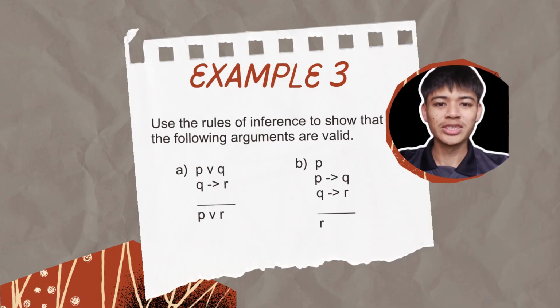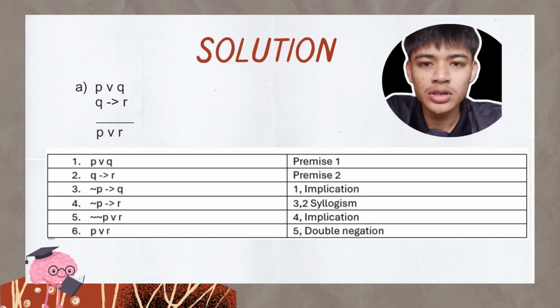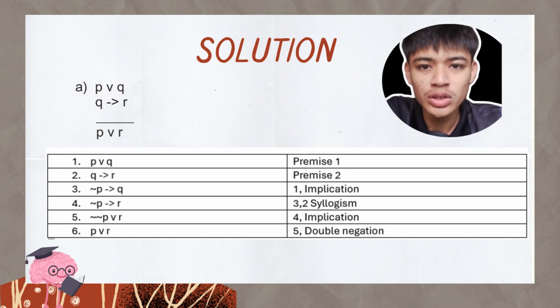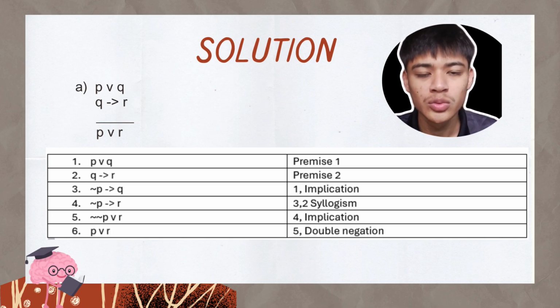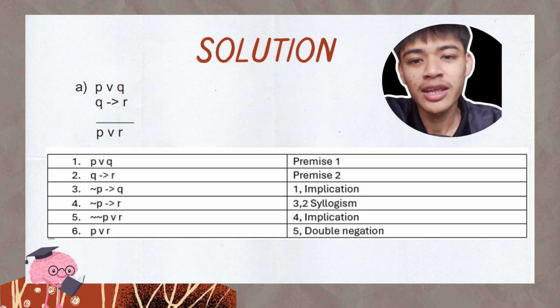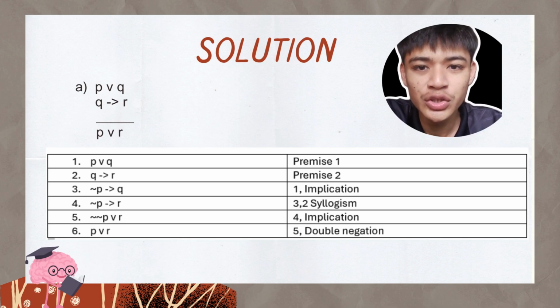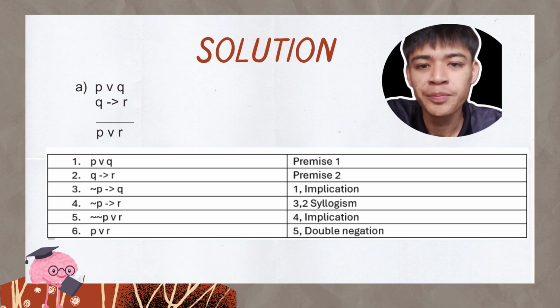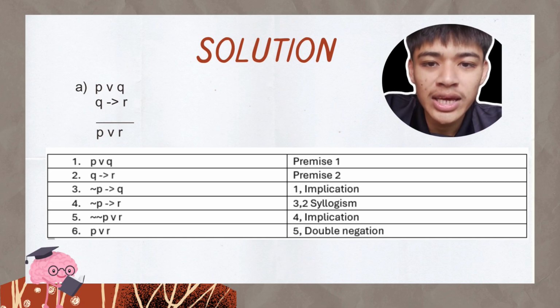Example 3. Use the rules of inference to show that the following arguments are valid. As you can see here, for question A, it is P and Q, Q implication R, and the result is P and R. For the first step, we declare the first premise, P and Q, as premise 1, and Q implication to R as premise 2. And then the next step we should do is